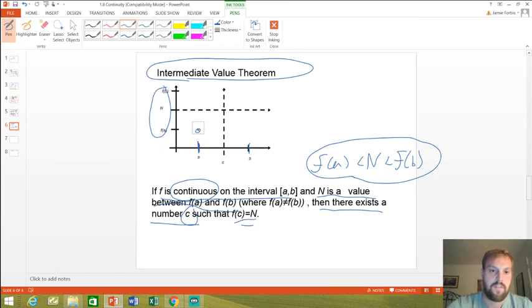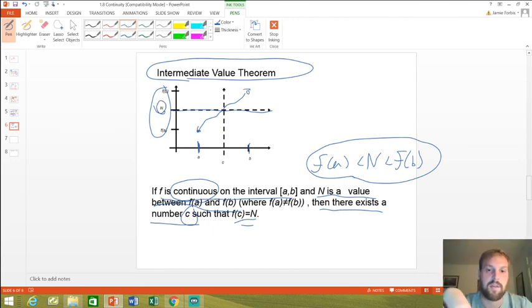So let's say we have f of a here. Okay, let's say we have f of b here. All right, and I know that it's continuous between a and b, and I know that some n value is between them. There is no way for me to get from a to b without crossing this n value at some point. It could be